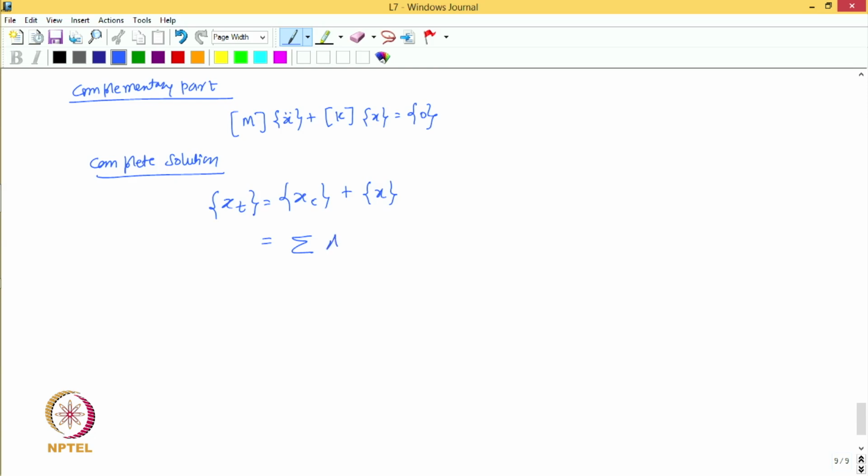So, say a i phi i, if I take the mass normalized eigenvector, cos omega i t plus b i phi i sin omega i t, right, varying from 1 to n, plus now we got the particular part of the solution, which is nothing but